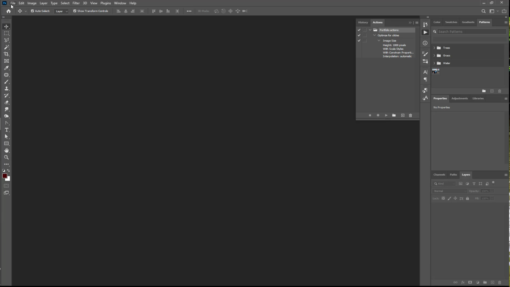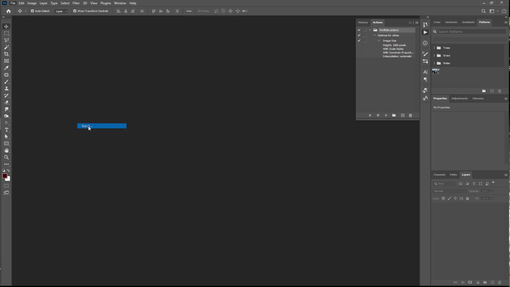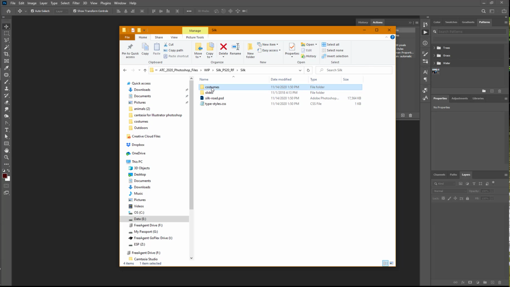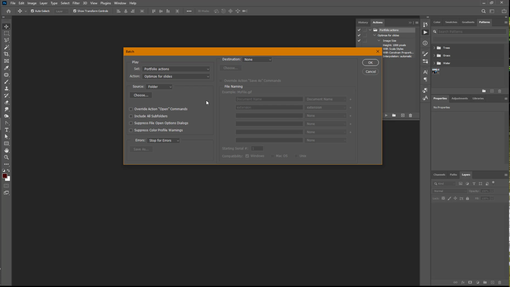We're going into File, Automate, Batch. We're going to take all of those images that are in the Costumes folder. Now that's a lot to do singly. There's quite a few. They look like they might be different sizes. We need to have them all the same height because they're going to be shown on a slideshow. So to get that easier, we're going to have to automate the batch. In